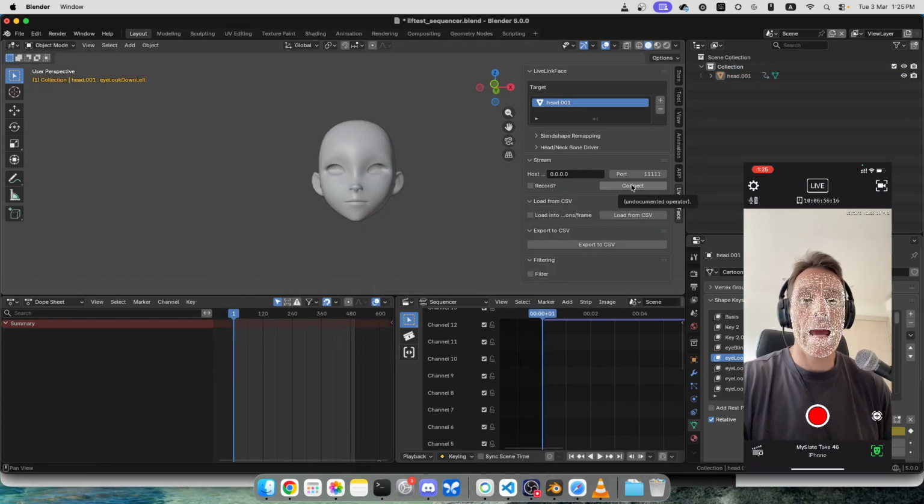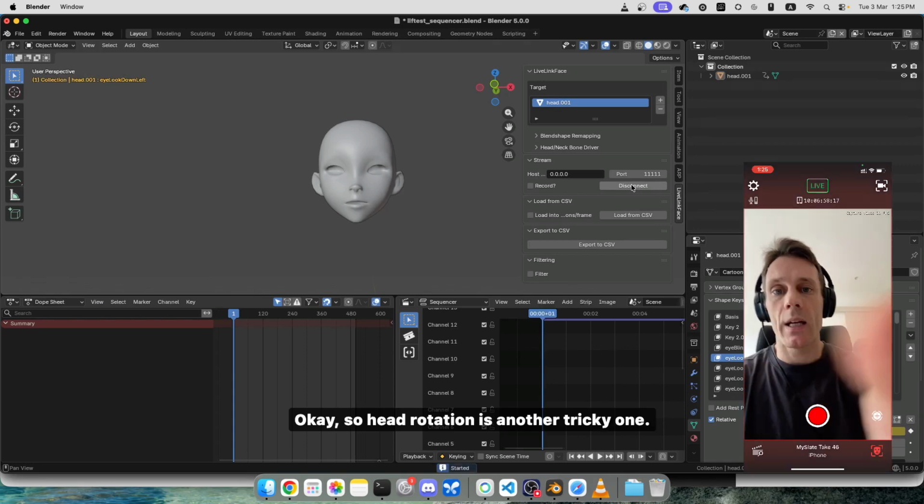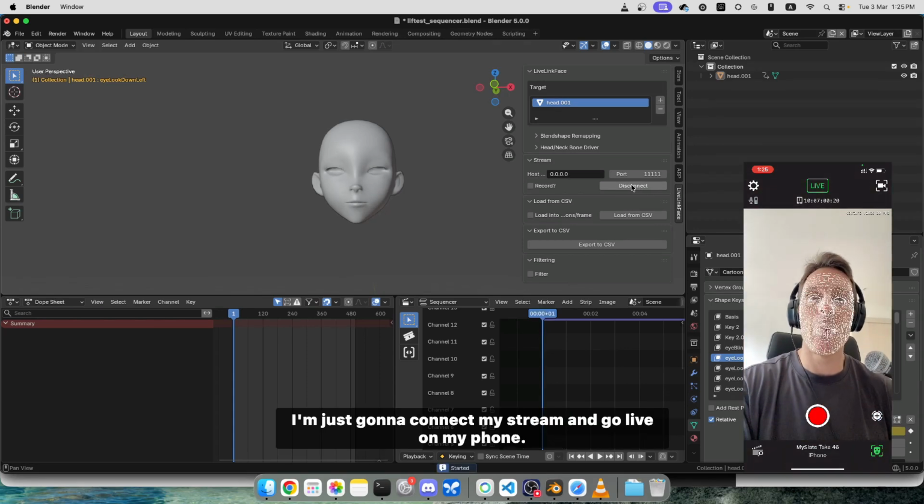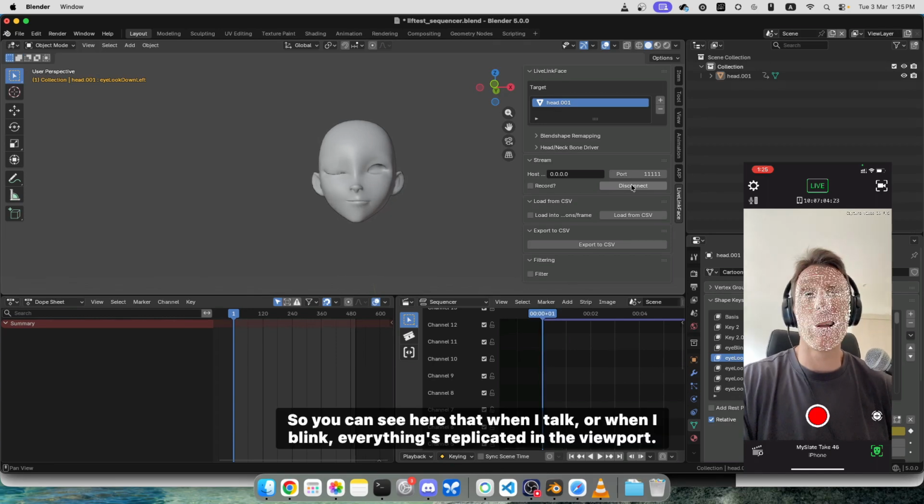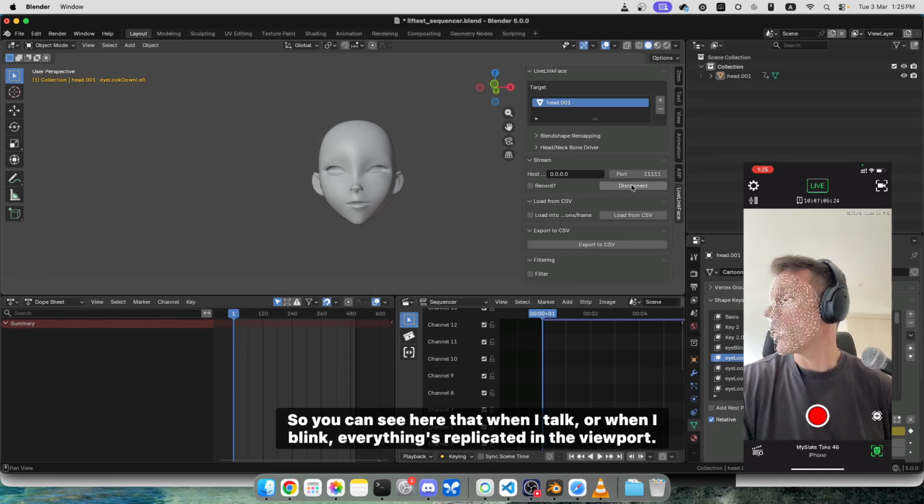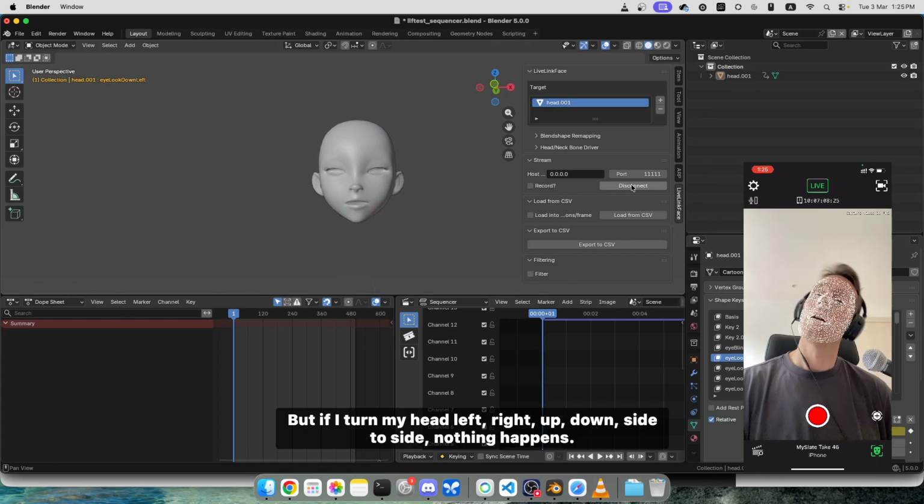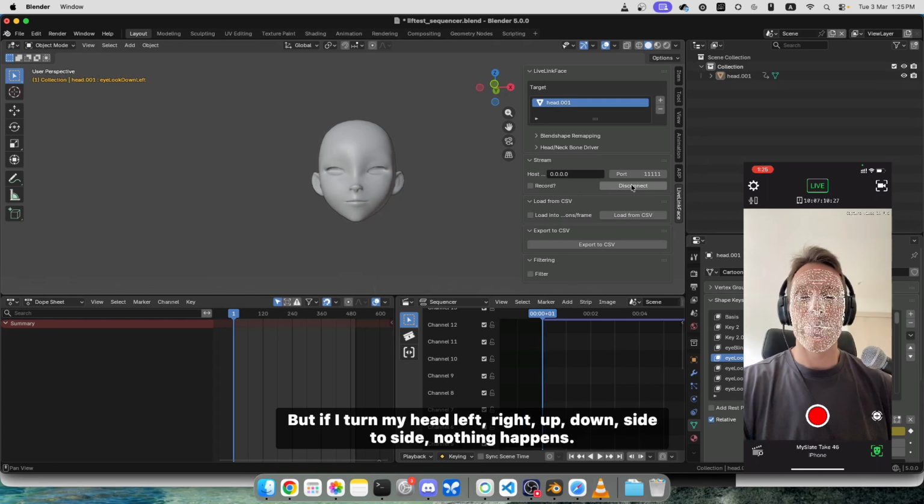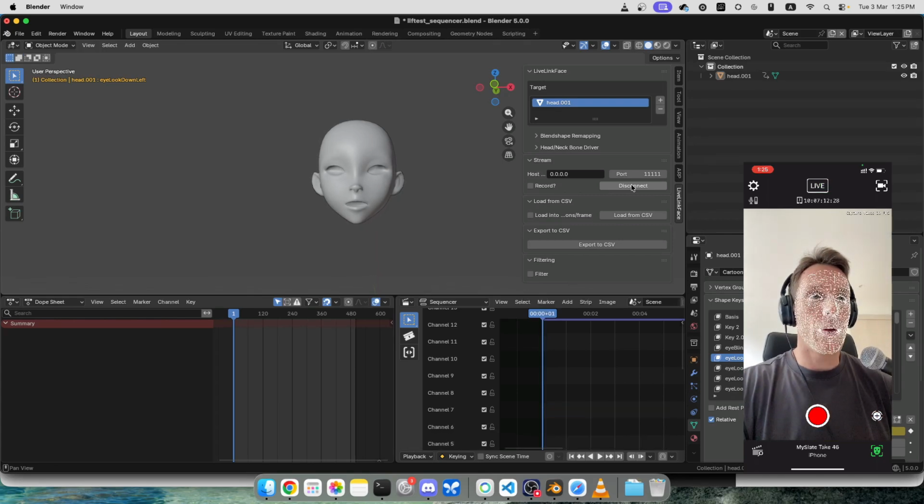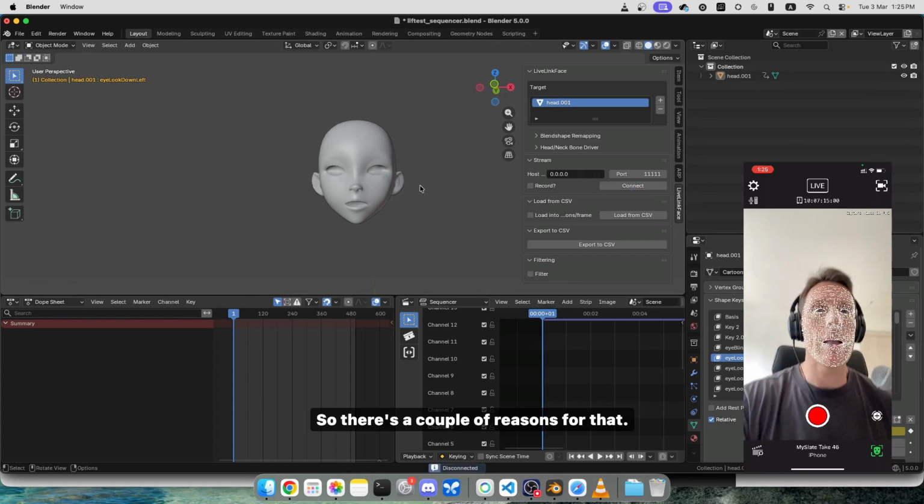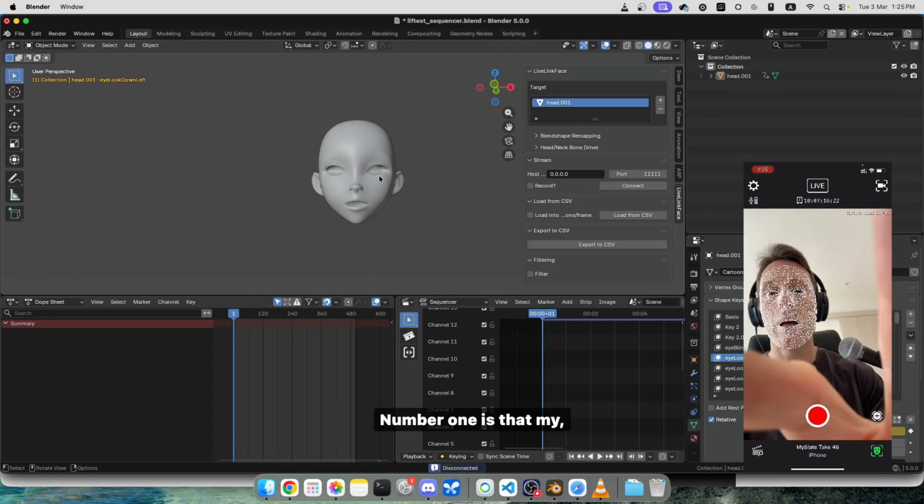Okay, so head rotation is another tricky one. I'm just going to connect my stream and go live on my phone. So you can see here that when I talk or when I blink, everything's replicated in the viewport. But if I turn my head left, right, up, down, side to side, nothing happens. So there's a couple of reasons for that. Number one is that my